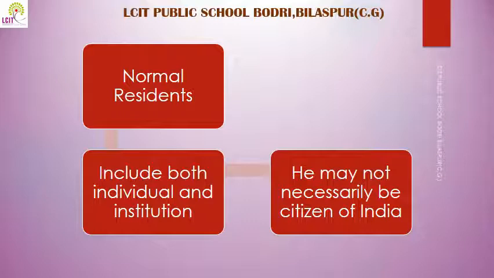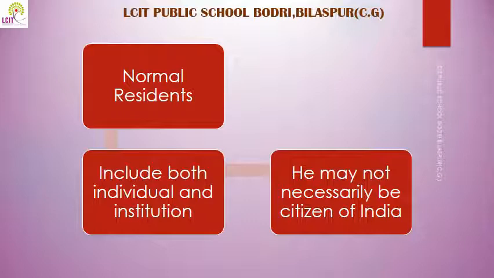For example, Indians working in foreign embassies in India. If a person is from India and he is working in a foreign embassy in India, for example, the US embassy, which is located in New Delhi, and the Indian people working there are earning income from there, they will be the normal residents of our country. Their income will be included in the national income of our country.